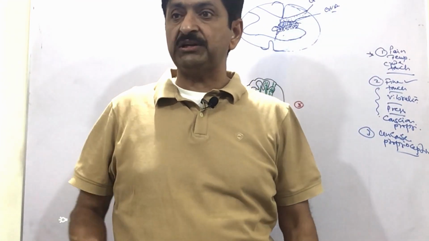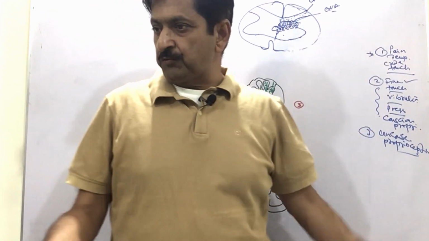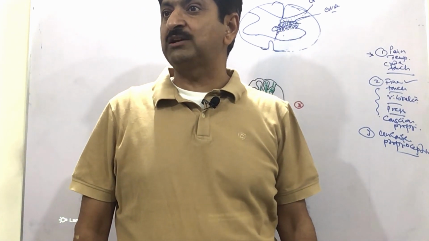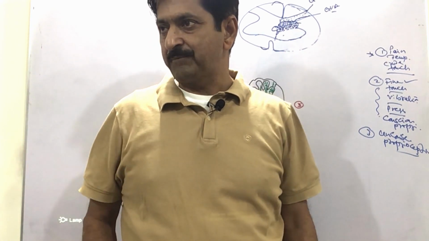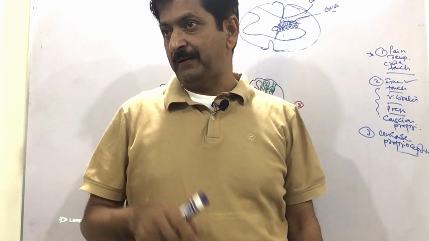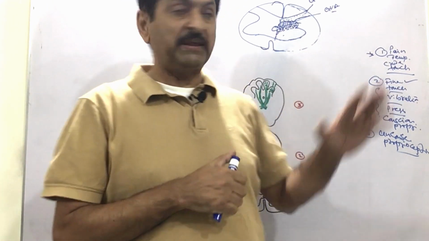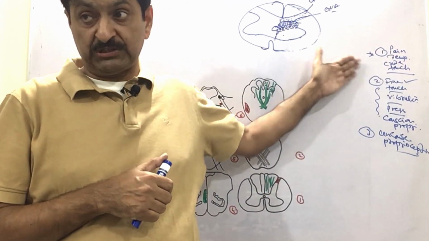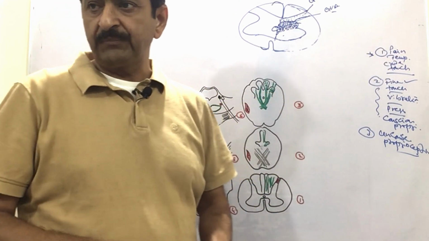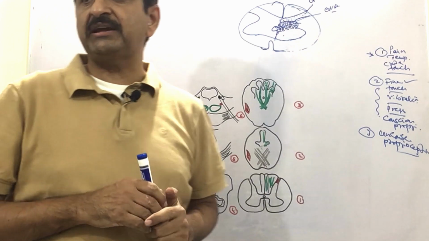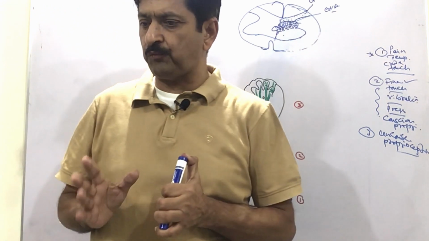If you are judging vibration, you are testing this tract by hitting the tuning fork and putting it on a bony prominence. You are asking your patient what they are feeling. They will not say I am being touched; they say there is some buzzing or some vibration. Vibration is a repeated touch, and this is a very important tract which is carrying it. It is not carried by the same tract which carries pain and temperature. No, vibration is separate. So this is what is called... if pain, temperature and crude touch are being carried now. We have already told you that when you are taking any tract, any sensory modality being carried here, you have to watch in any sense.